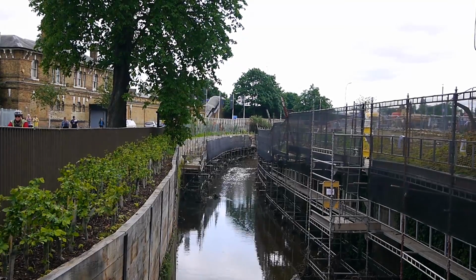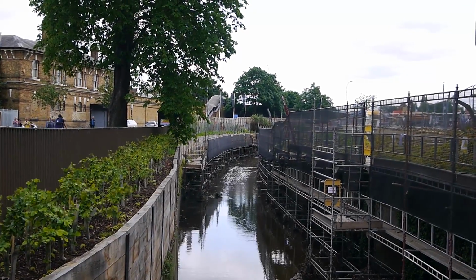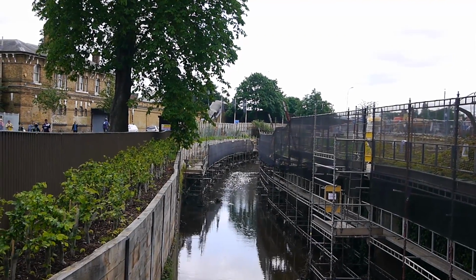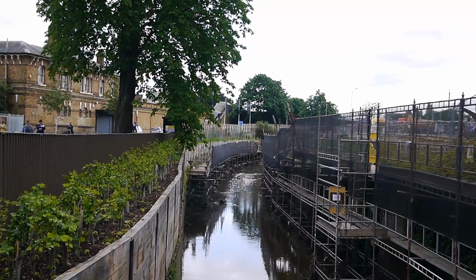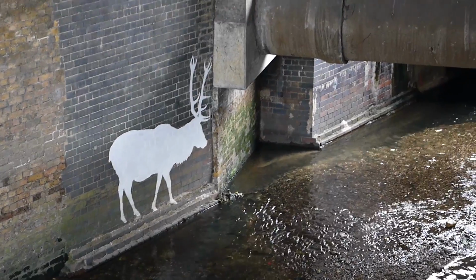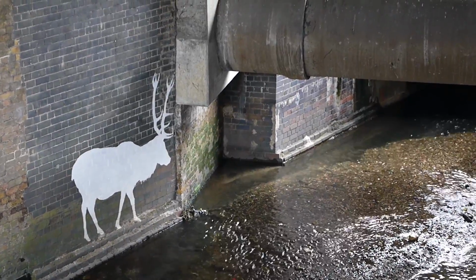This is another point when we're not entirely sure which side of the river to walk on. We've come out of Ladywell Fields, we've come up to Catford Station. I think we go to the left, Ian. I think you're right. Left. Not for long. So we're going to lose the river for a little bit whilst we traverse the streets of